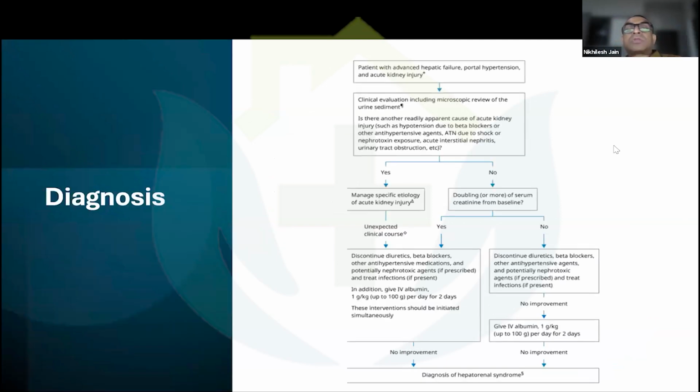So when it comes to diagnosis, already we've gone through certain diagnostic criteria. But when we talk about it, here,